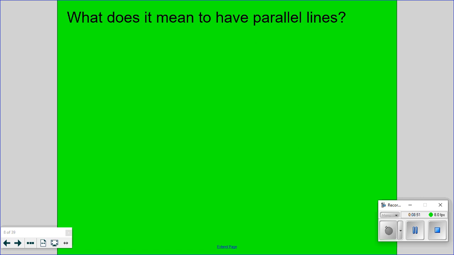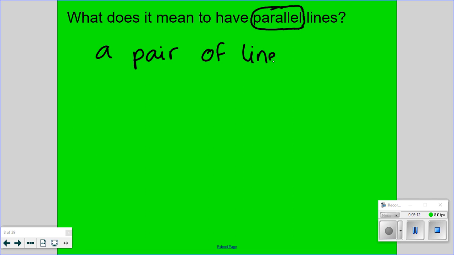Go ahead and circle that word parallel. That word parallel means diagonal? No, that's not what it means. A pair of lines. What does that word pair mean? It has two meanings, right? I know there's a group. What's pair I'm talking about? Pair means two things. So we need two lines. A pair of lines